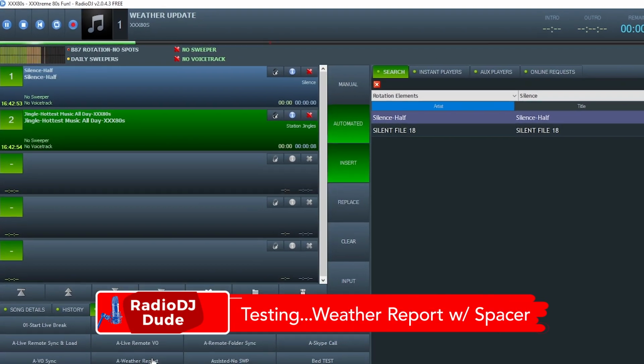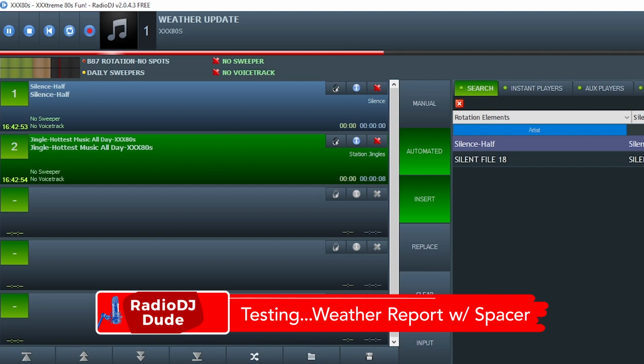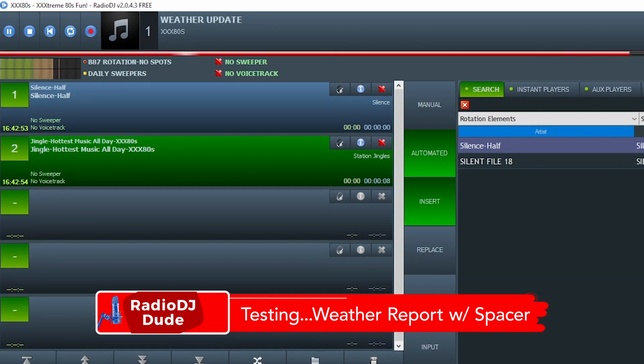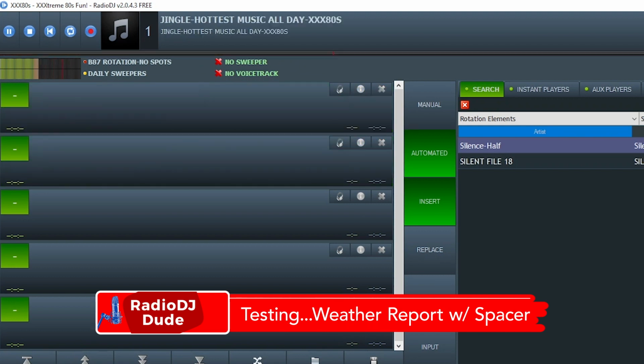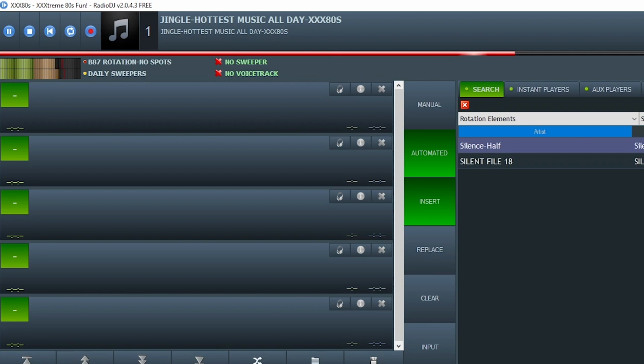Today's forecast. Partly cloudy skies with a high of 68. Tonight, a low of 61. Tomorrow, expect a high of 69 with clear skies. Totally awesome. Triple X